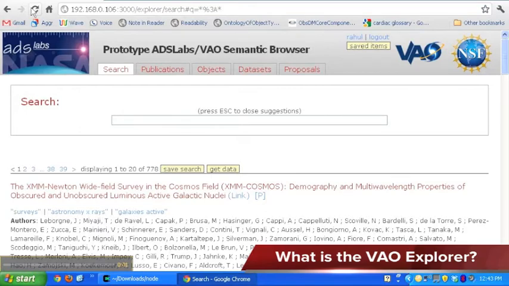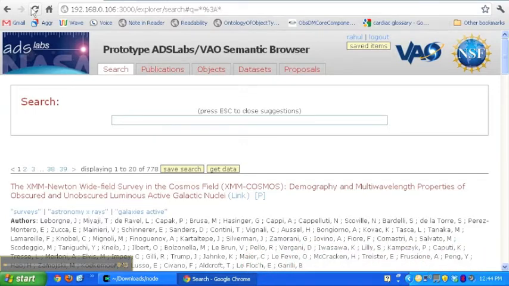Hi, I'm here to talk about the prototype ADS Labs VAO semantic browser, or the VAO Explorer. It's a Google-like application for browsing publications, objects, datasets, regions of the sky, and making searches on these. It exposes the links, furthermore, between publications and objects, publications and datasets and objects, so that you can see at a glance what is known or what is not known about a subject, about a dataset, about a part of